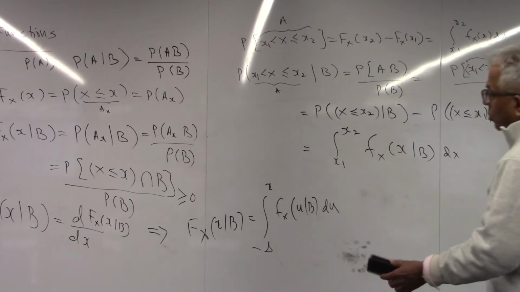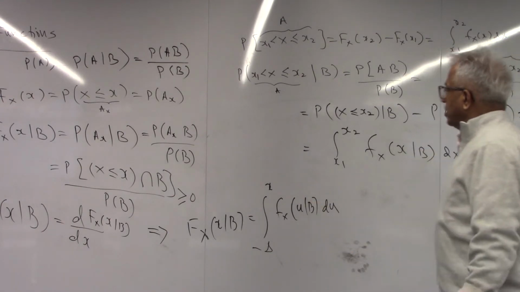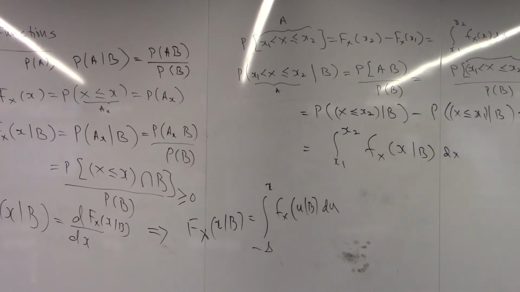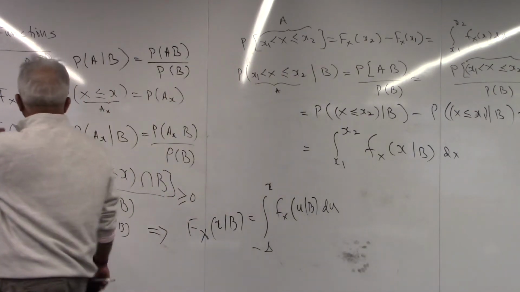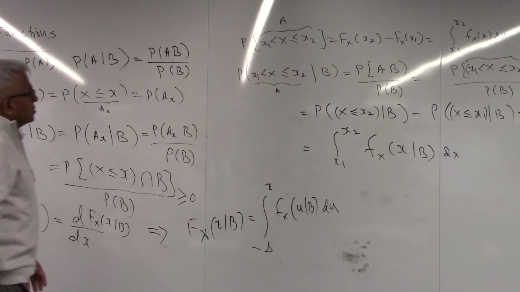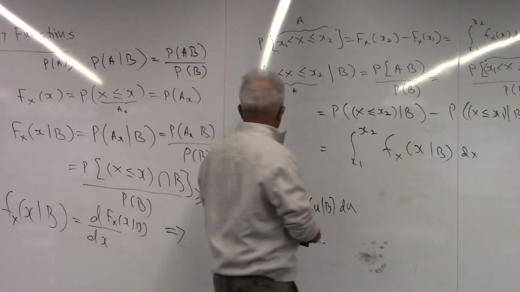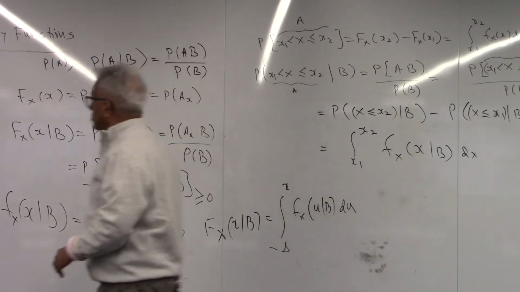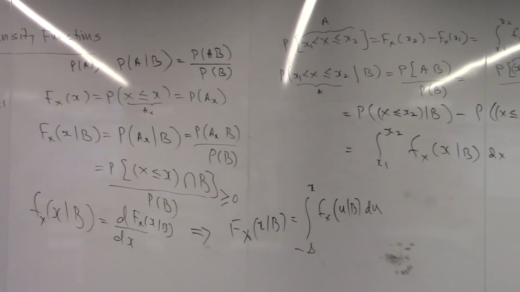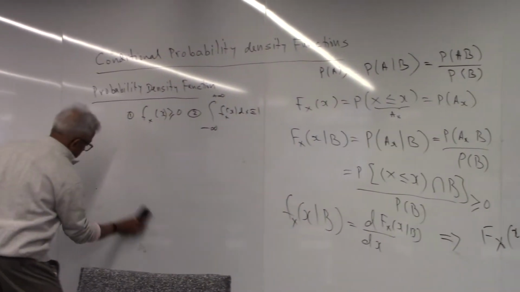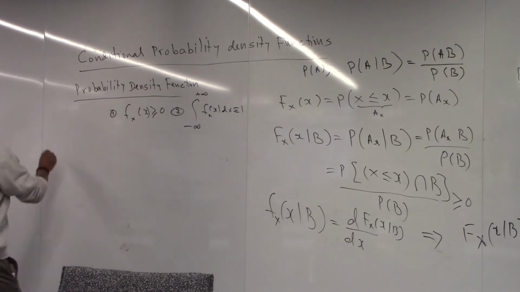So this is as far as the theory goes. Now the question is how useful this is. To illustrate, first of all, let me do a couple of problems to show you how to get the conditional distribution function. And a formula that I want to save, I'm going to copy it here. So we have the probability of